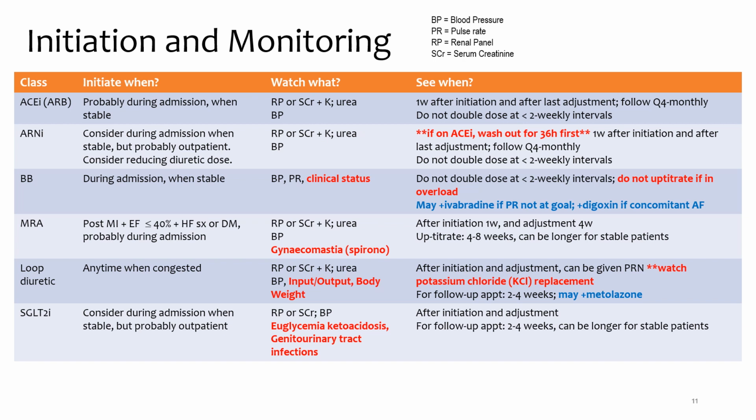The other agents, like the RASI agents, for example, the ACE, the ARNI, as well as the MRAs. Now, you need to pay a little bit of attention when you are acutely diuresing the patient in the inpatient setting, because when you diurese the patients, you end up having a lot of concentration of the electrolytes in the body, and sometimes the serum creatinine can rise, or it can precipitate the state of what we call acute kidney injury,